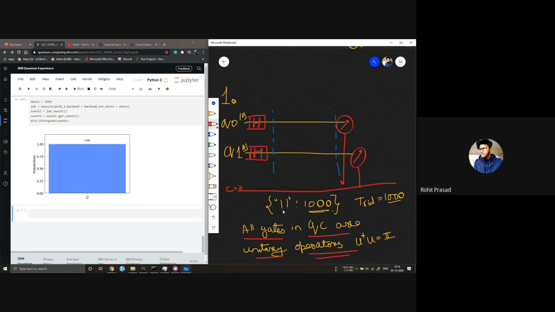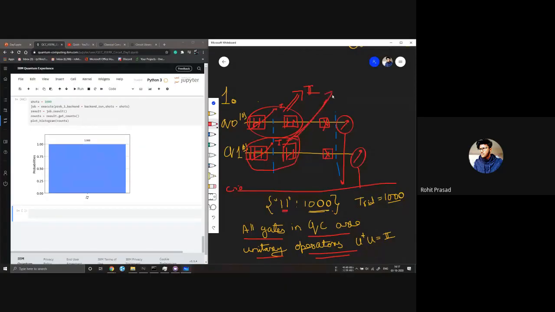So if we want our result to be 11, we can make this pair go to identity, and then put an X gate here. This remains as 00, and when we apply X, it becomes 11, so it gives 11 every shot.